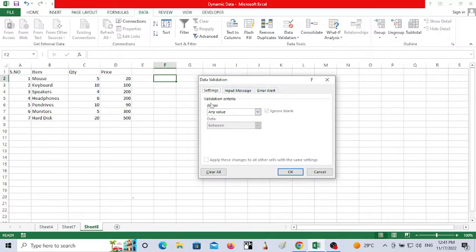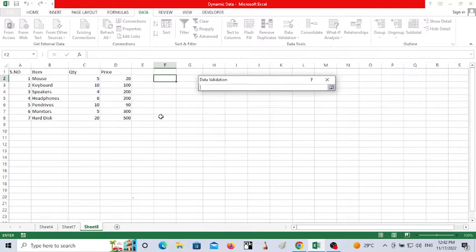In settings, you have the option called validation criteria. So here you have to click on Allow. In Allow, you have to choose List. Just click on List. And here you have to select the source. Now, what is the source? To select the source, you have to click on the items here. So select the items and then click on